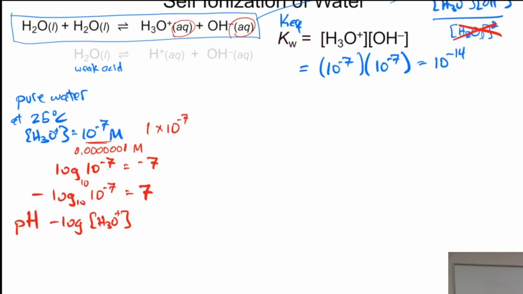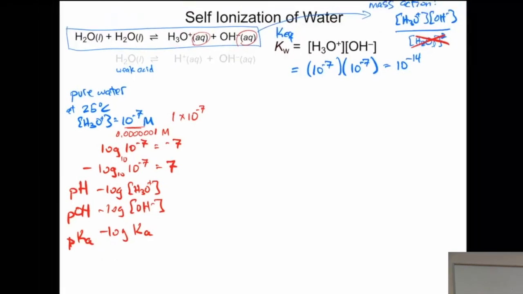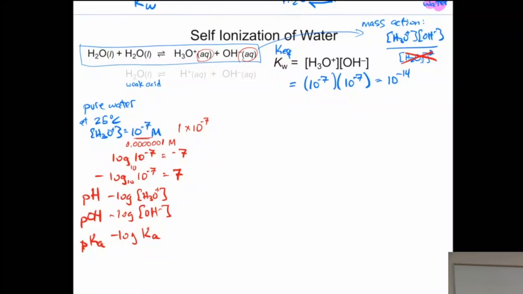And if we were talking about the negative log transformation of the hydroxide ion concentration, what would you call that? pOH. The pOH. Very good. What if I took the negative log of the Ka? What would you call that? pKa. There you go. Mystery solved. Because now you know how Ka is related to